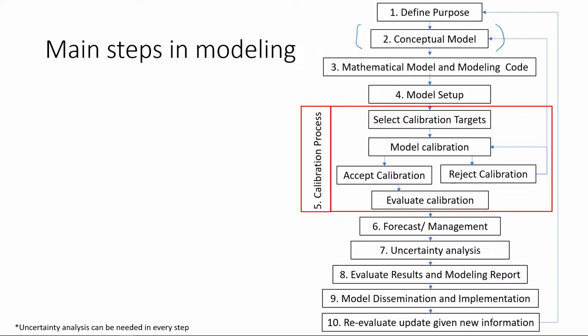It is not just that you list the processes or the relationships between variables, but you put it in a way that is amenable to becoming a mathematical model. Otherwise, that is not a conceptual model. So a conceptual model is something you can turn into a mathematical model. Then